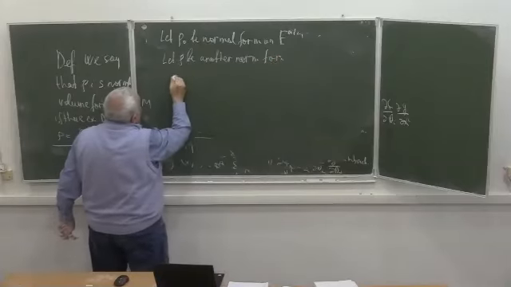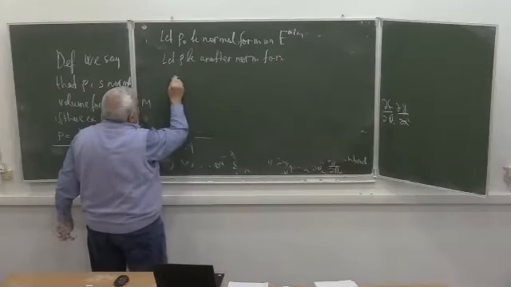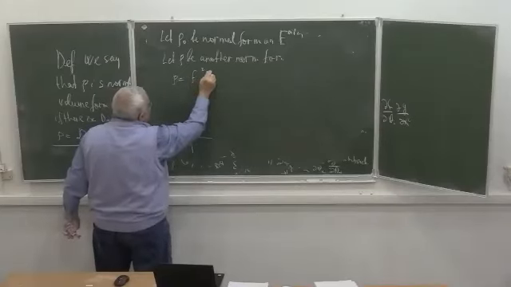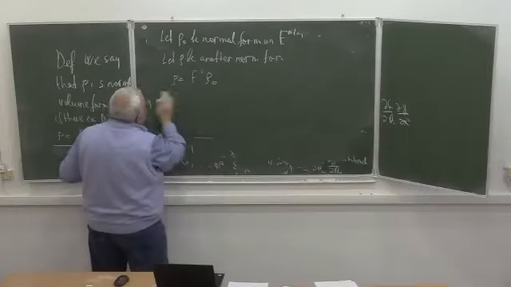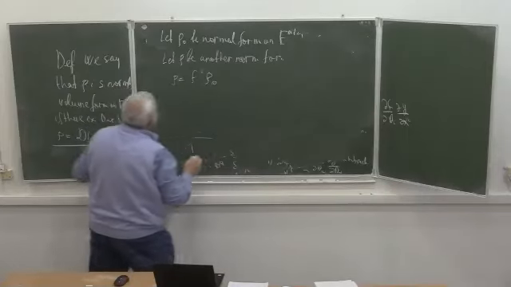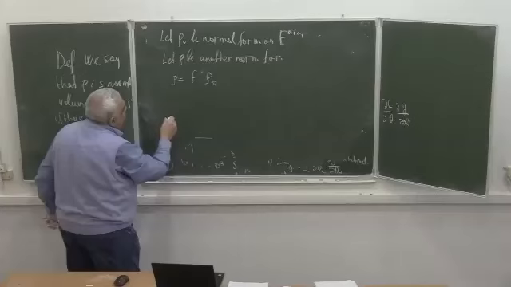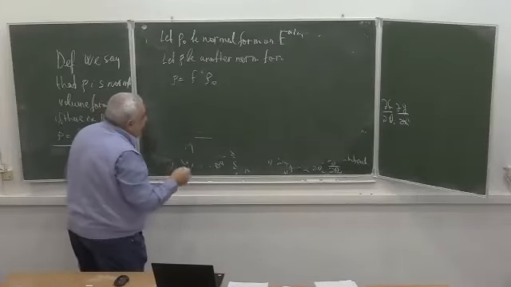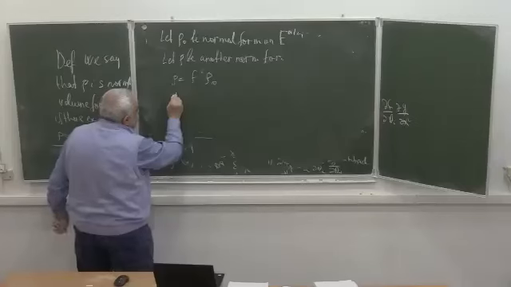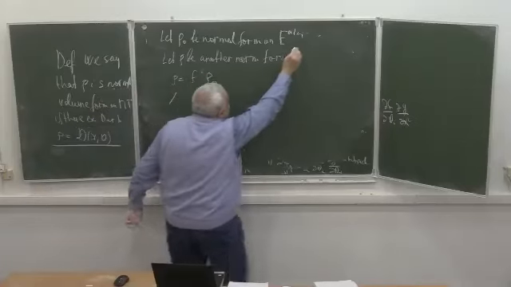Then, of course, we see here that rho equals f square rho 0. Okay. This is a fact which I want to write to you. Then I will explain. Then delta, it follows from this,